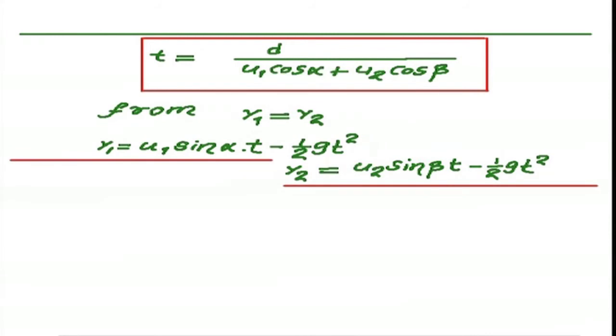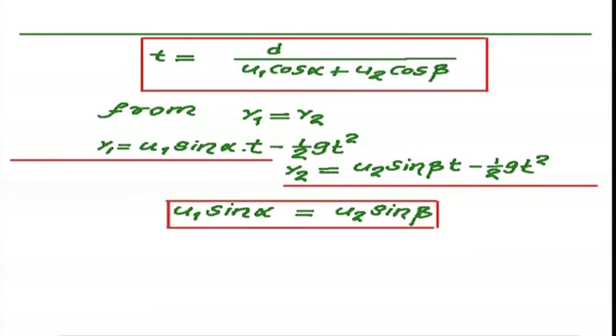Using these two values in the relation y1 equal to y2, we get u1 sin alpha equal to u2 sin beta. So u1 sin alpha equal to u2 sin beta is the one condition for the collision to occur,